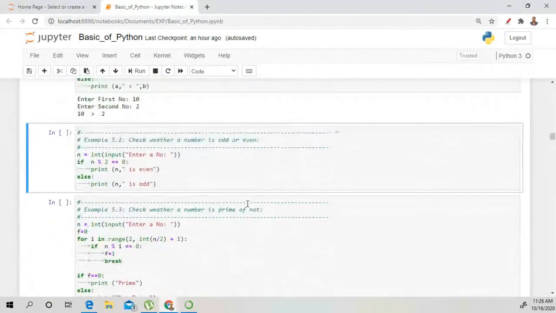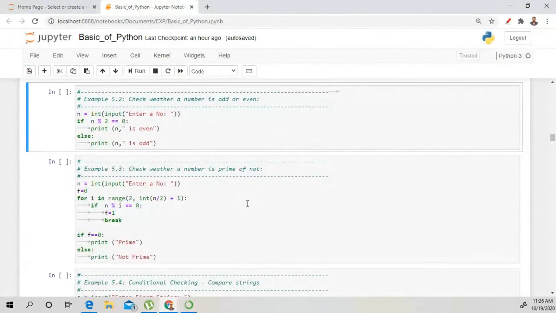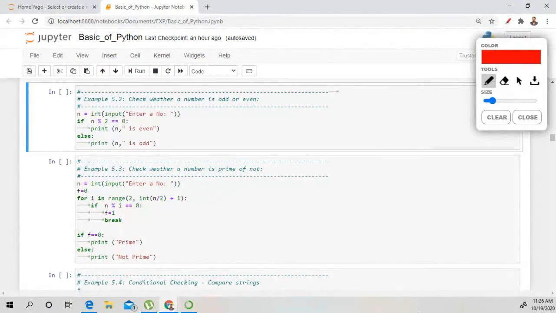Okay. So moving further, check whether a number is odd or even. So how to check that number? We have to find out the remainder for that number. Okay. So as you can see in this example, first we will take the value input from the keyboard. Let's take, we have taken 6 as input, and it will be stored in variable n.